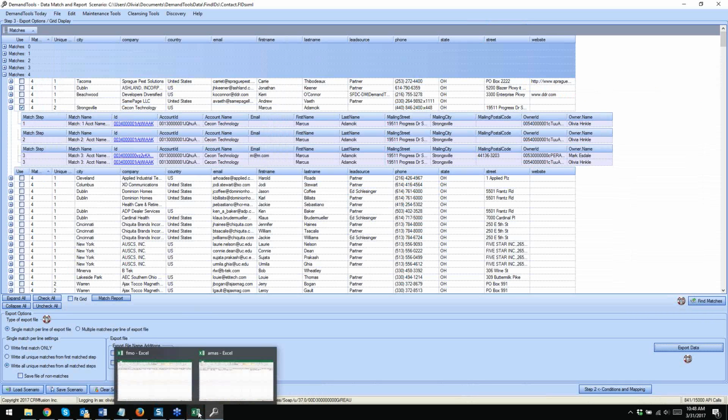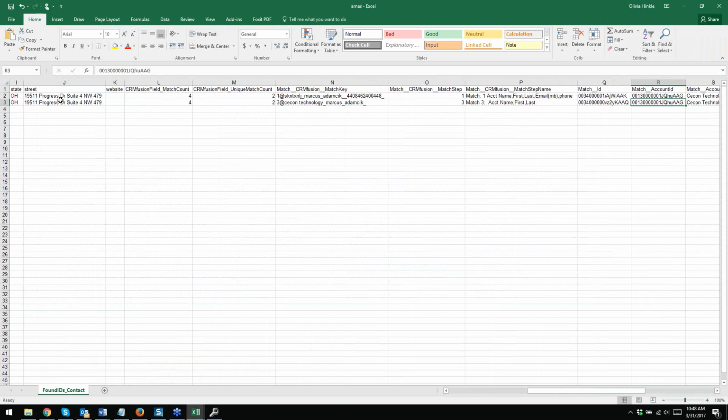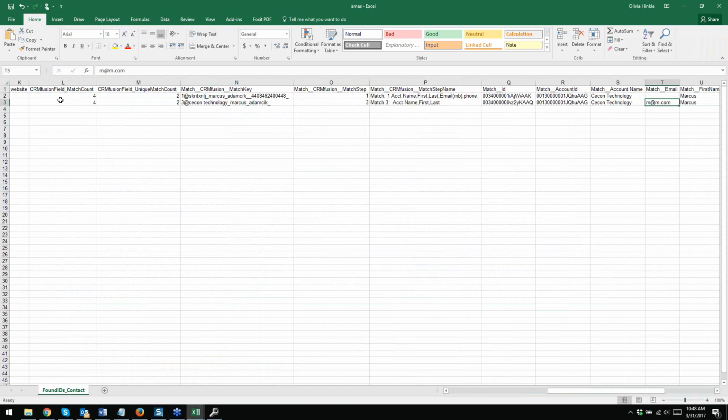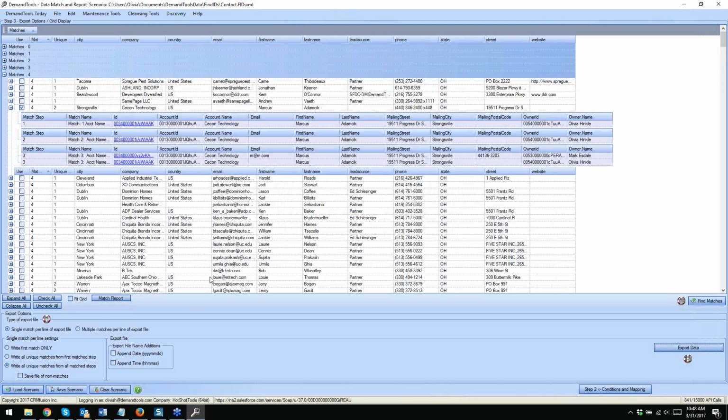So it's possible for one record in your spreadsheet, if you're exporting multiple matches for it, to show up as 2 records on your resulting spreadsheet, because each match is put on its own row. Okay, and it tells you which step and then the ID. Now, when we do the multiple match per line,